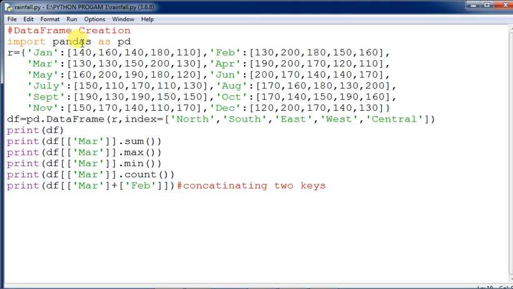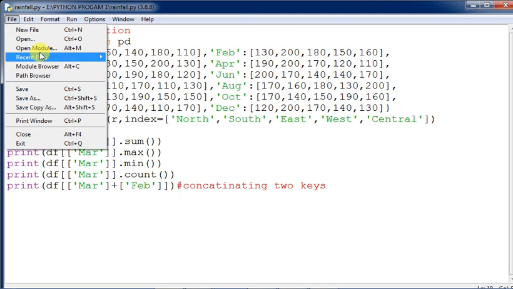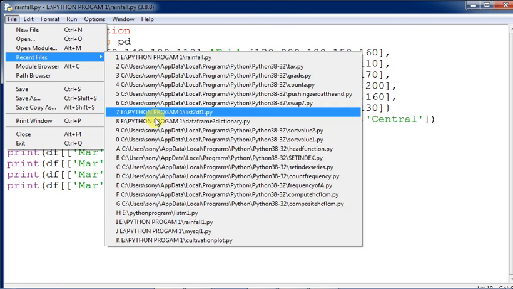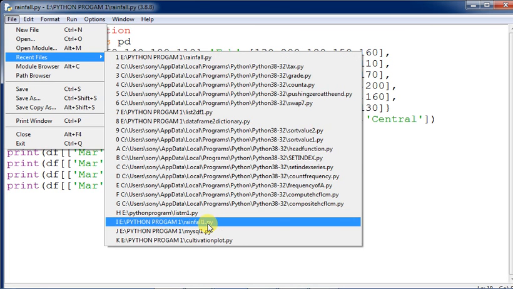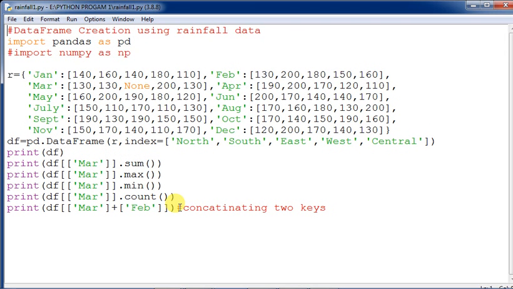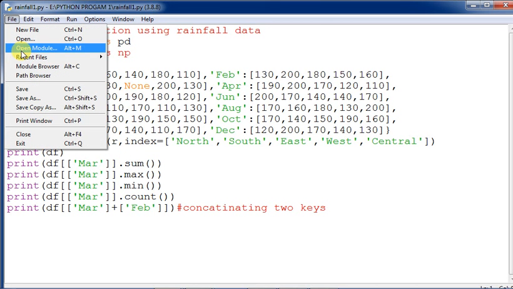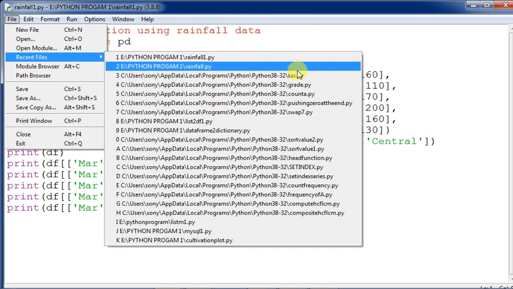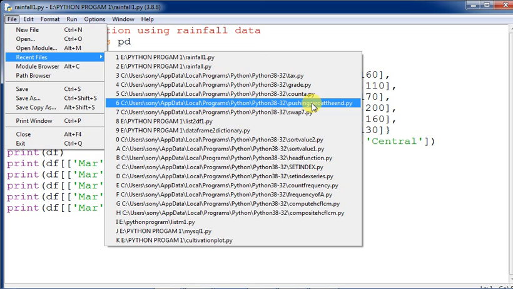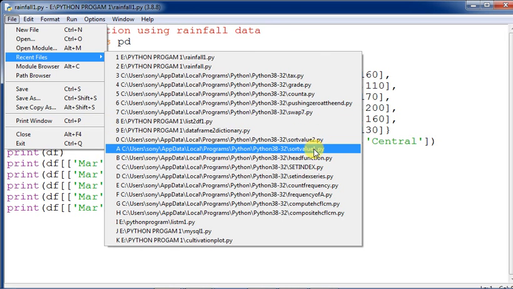All right, now let us see one more program of this kind. Okay, so let us see once. First of all, here is a similar program almost like this, that we have done already. So let us see one more program now, not this program actually. Just a minute, and the sort values program.